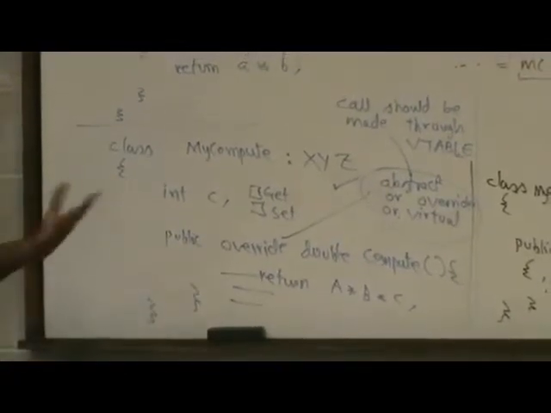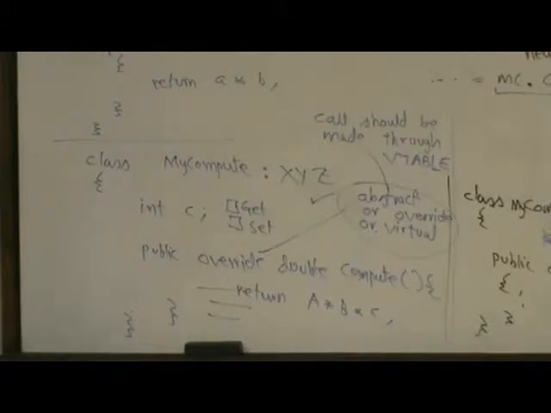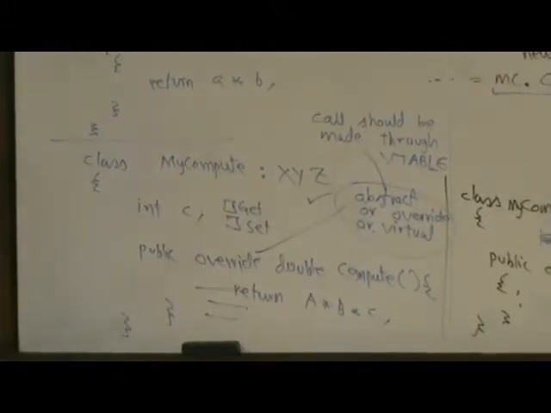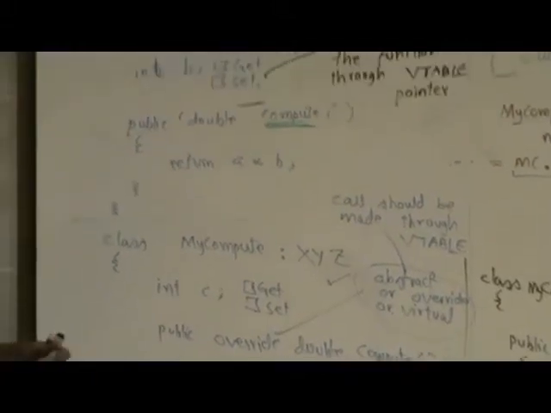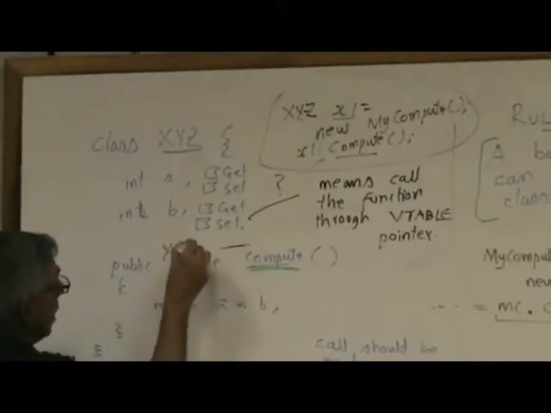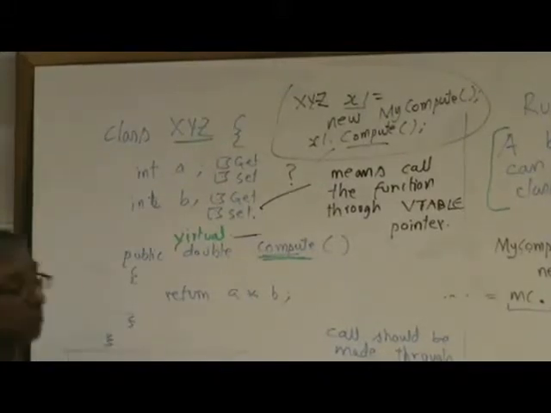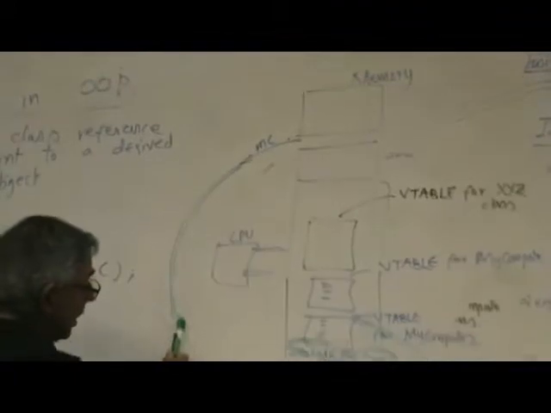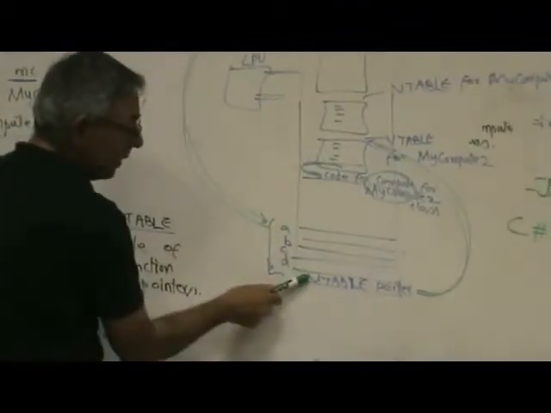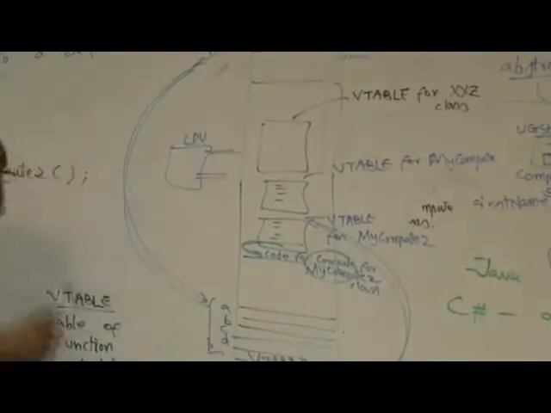So C# at least gives you a warning. Are you sure you want to do this? So you'll get a warning. So anyway, that's why you will mark it virtual. And now, what's the penalty we are paying for this? The penalty we are paying is there's quite a bit of extra code. It has to go over here, find the vtable pointer, go to the vtable, locate the function, then make the